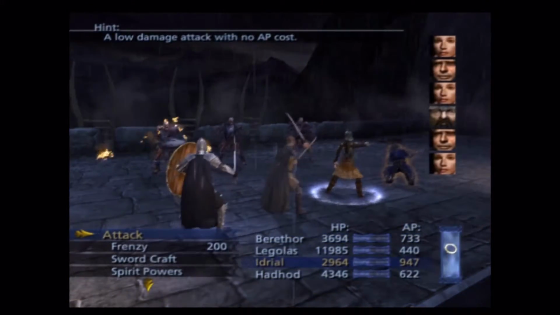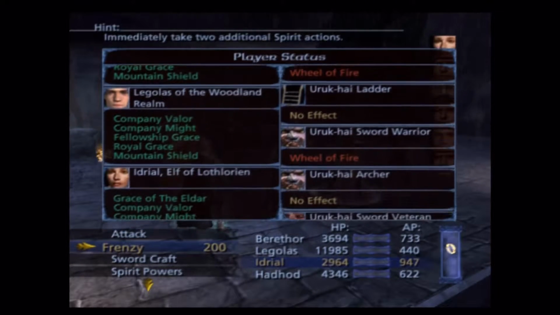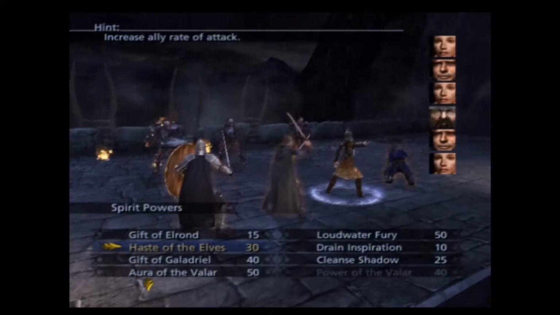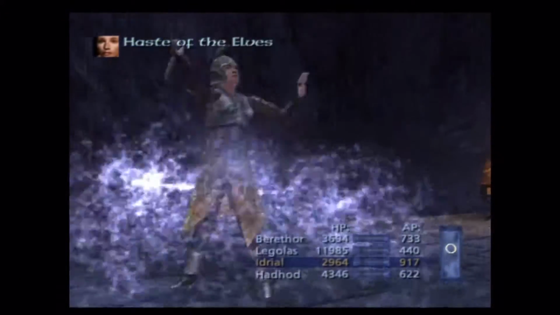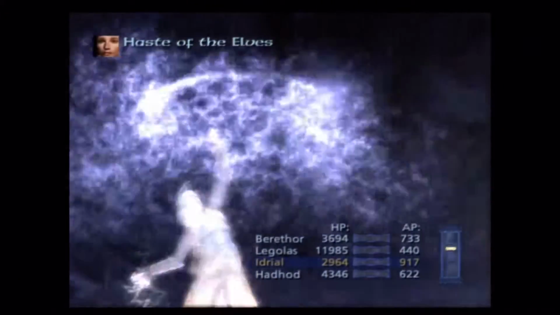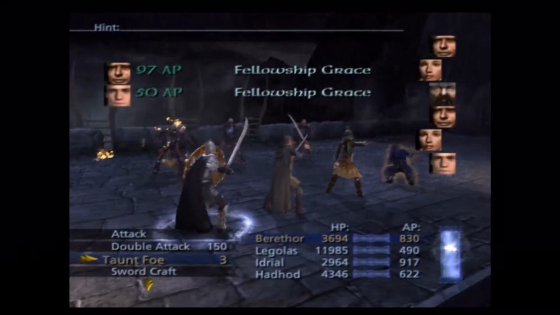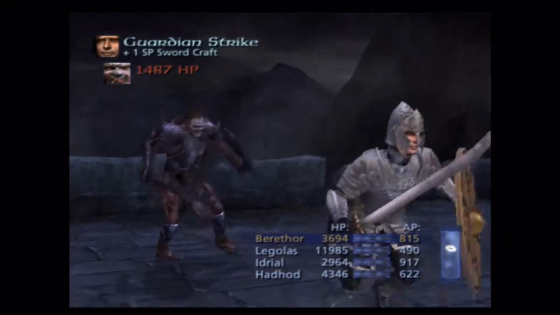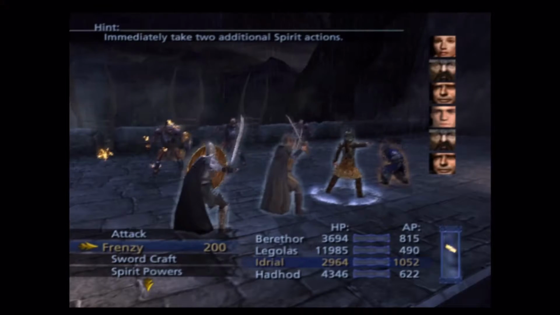Again, though, if you've got a set of 3 characters that you really like, or you prefer to use, generally I would recommend just keeping a stand fast going on those 3. Unfortunately, if Barathor isn't one of those 3, that's going to be a real pain in the ass to try to buff 3 of your other characters. You're going to be swapping Barathor in and out, and so on and so forth. But anyways...